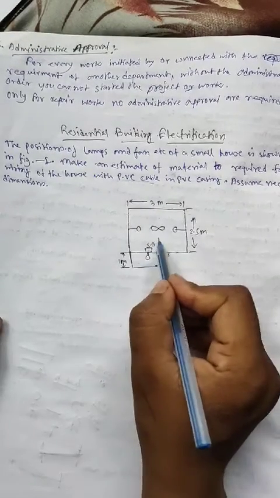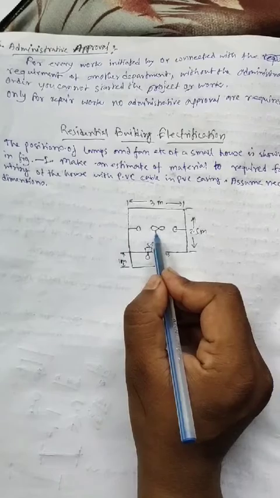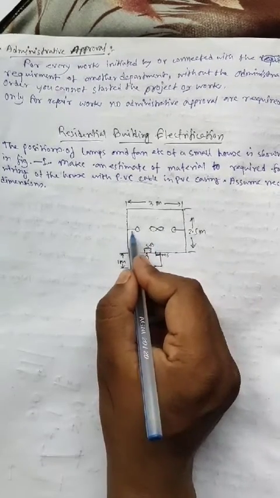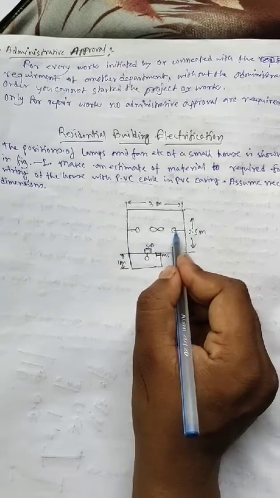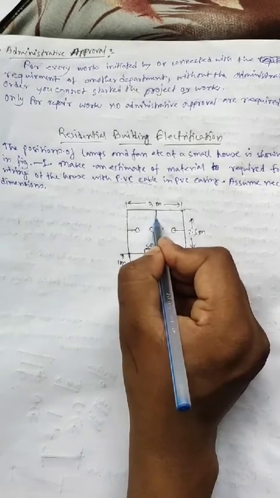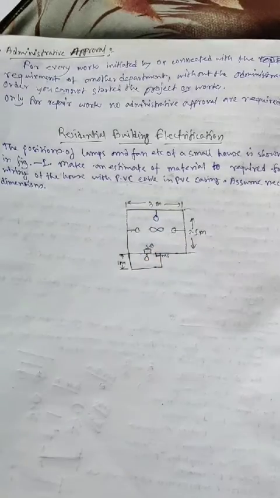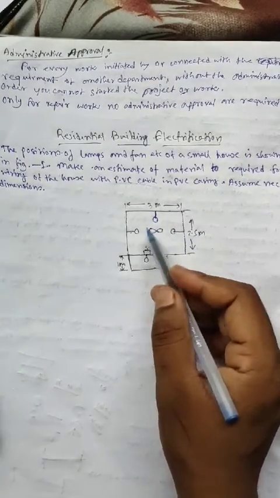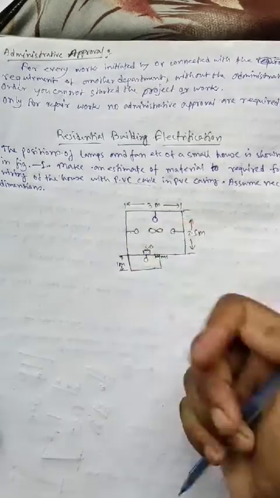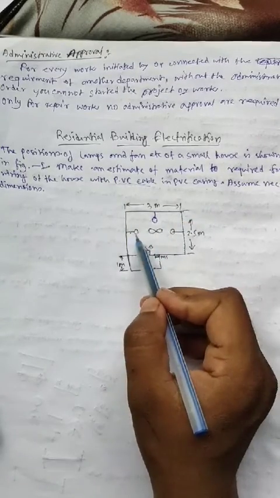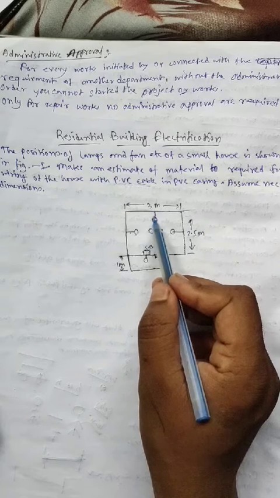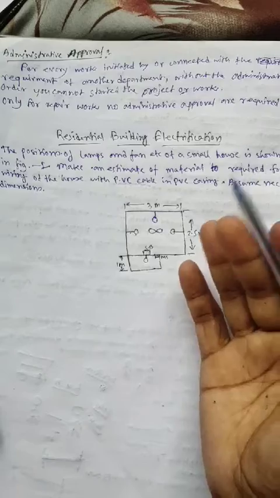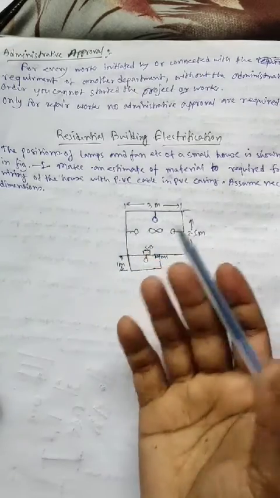This is the SB room switchboard, and this is the light. This is the fan. This is one light, and here also there is one light. Okay, you can take these three types of lamp. All are CFL, or these two are CFL and this is the filament, the incandescent lamp or tube light. Any type of lamp you can take.